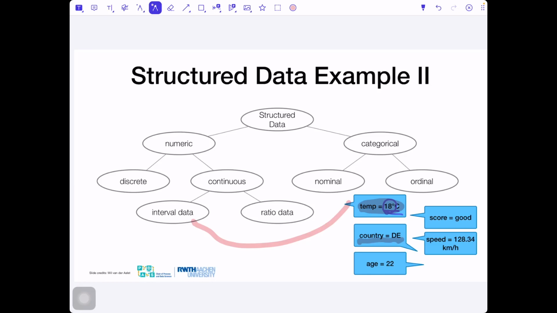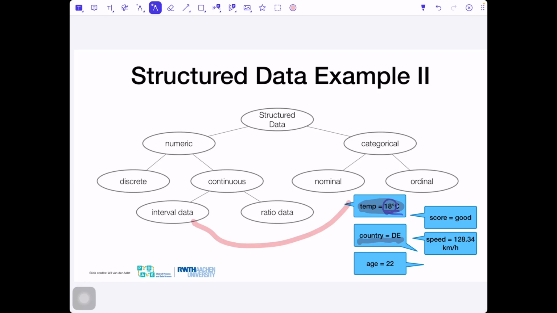You can say today is 2 degrees more, yesterday was 2 degrees less. In Siberia in winter it is 30 degrees less than in Germany in winter. But we cannot apply multiplication and division to interval data. We could not say that, again, Siberia is twice as warm as Germany.